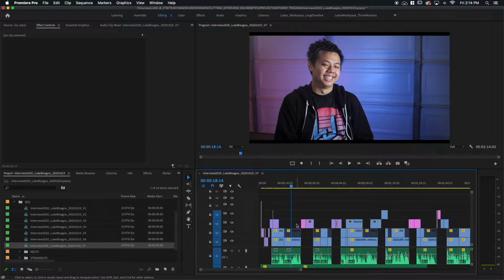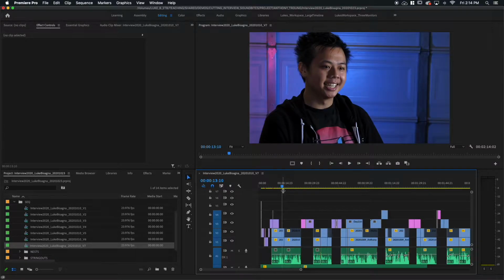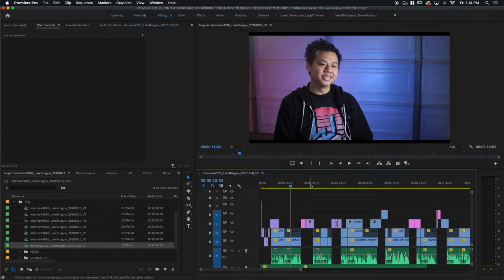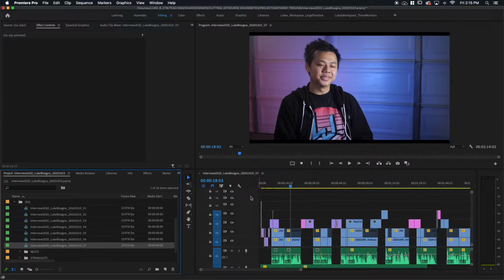One of the things I want to do before I get started on this is actually change the frame size of the video here. You can see in the close-up shot, it fills all the way to the edge of the frame. And then in the wide shot here, we've got these black bars on the top and the bottom. And this is because of a difference in frame size between the two cameras that were used. They're both 4K, but they're two different kinds of 4K. We've got regular UHD, which is 3840 by 2160. And then we've got DCI 4K at 4096 by 2160.